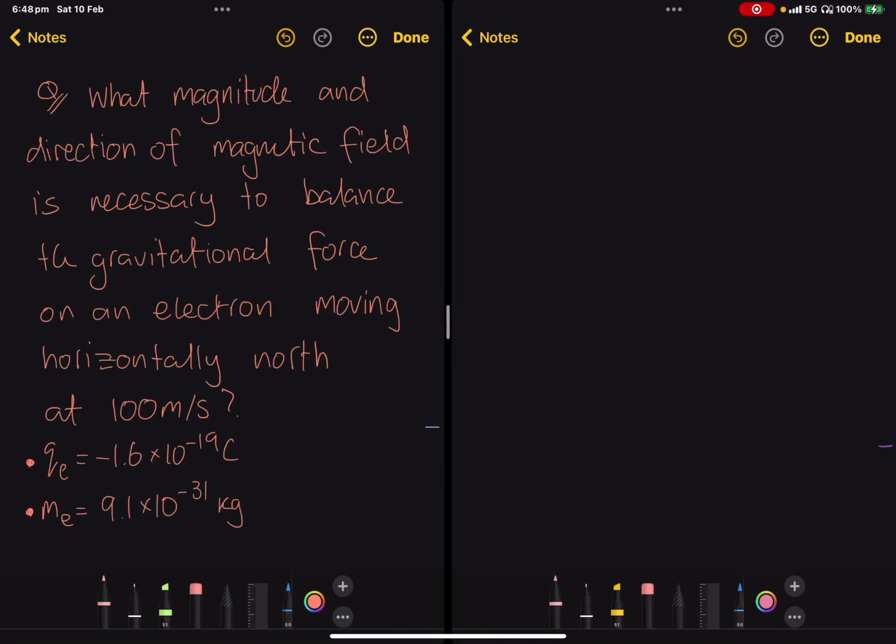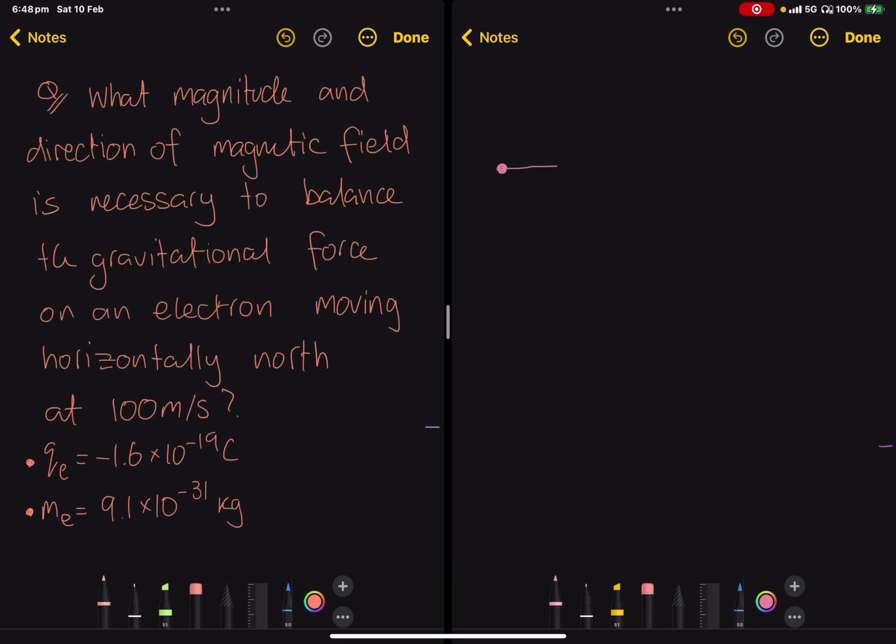Okay, so we're going to have a look at another question from the topic of electromagnetism. Here we're asked what magnitude and direction of magnetic field is necessary to balance the gravitational force on an electron moving horizontally north at 100 meters a second. This is a very strangely worded question. We're going to assume that what is meant is an electron is moving